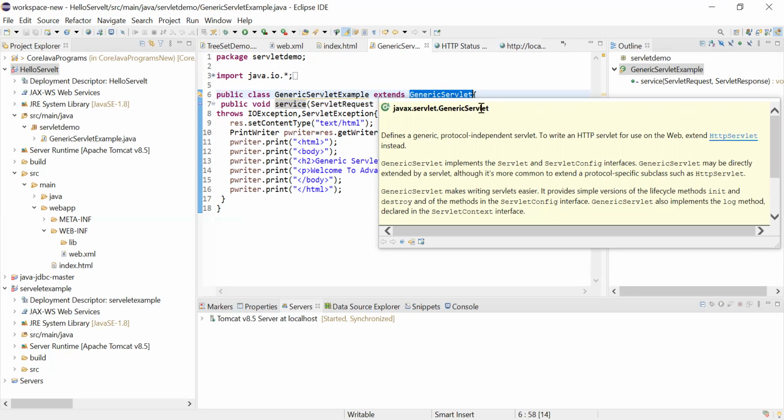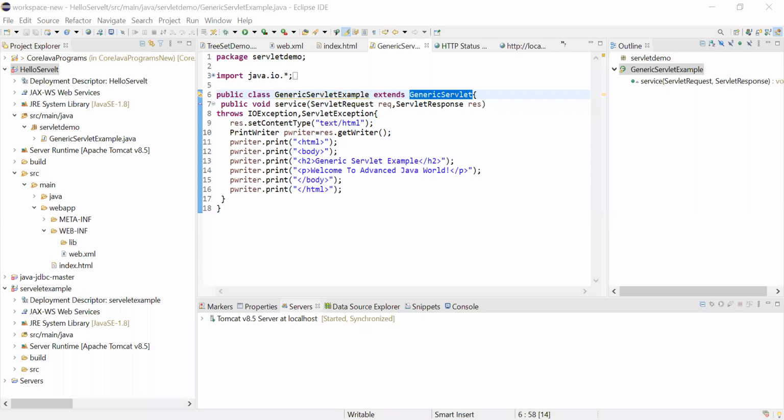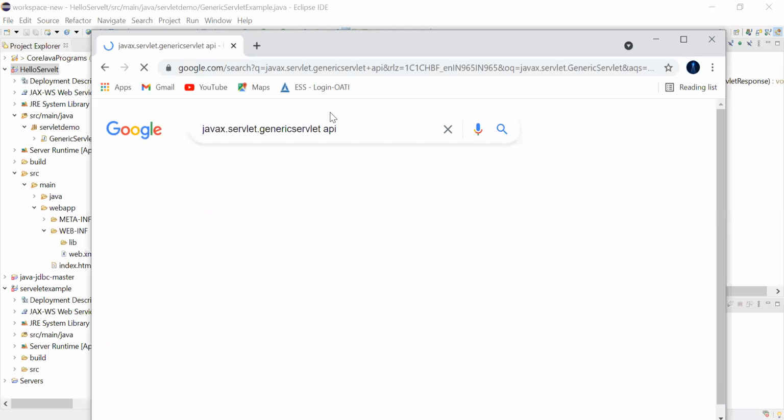If you want to see this API, I'm not sure whether I shared Chrome, right? I didn't share Chrome. Let me share it again. See this.